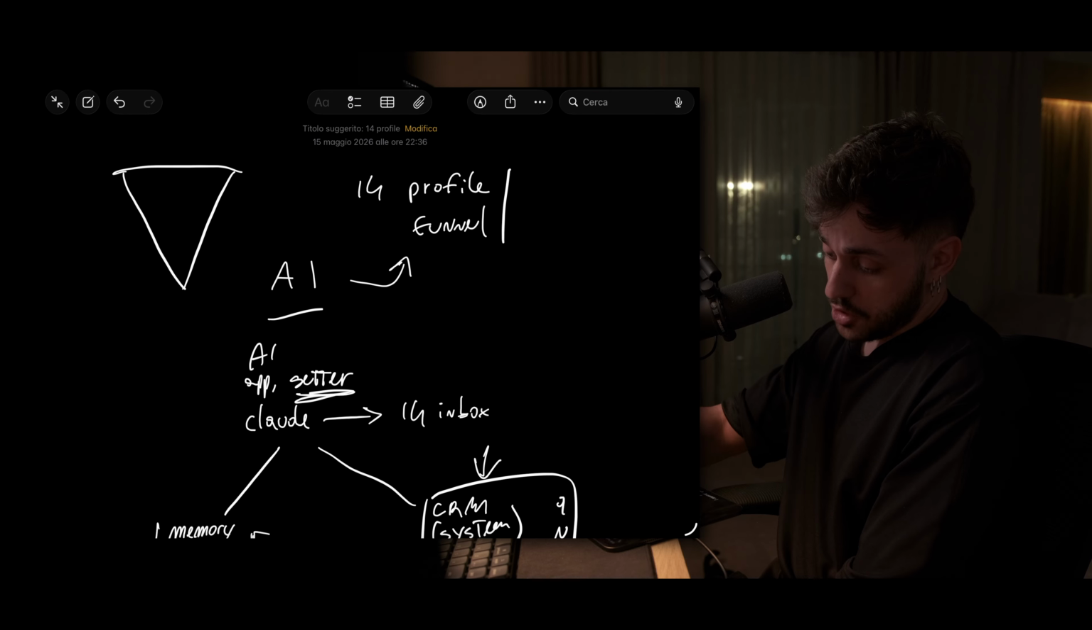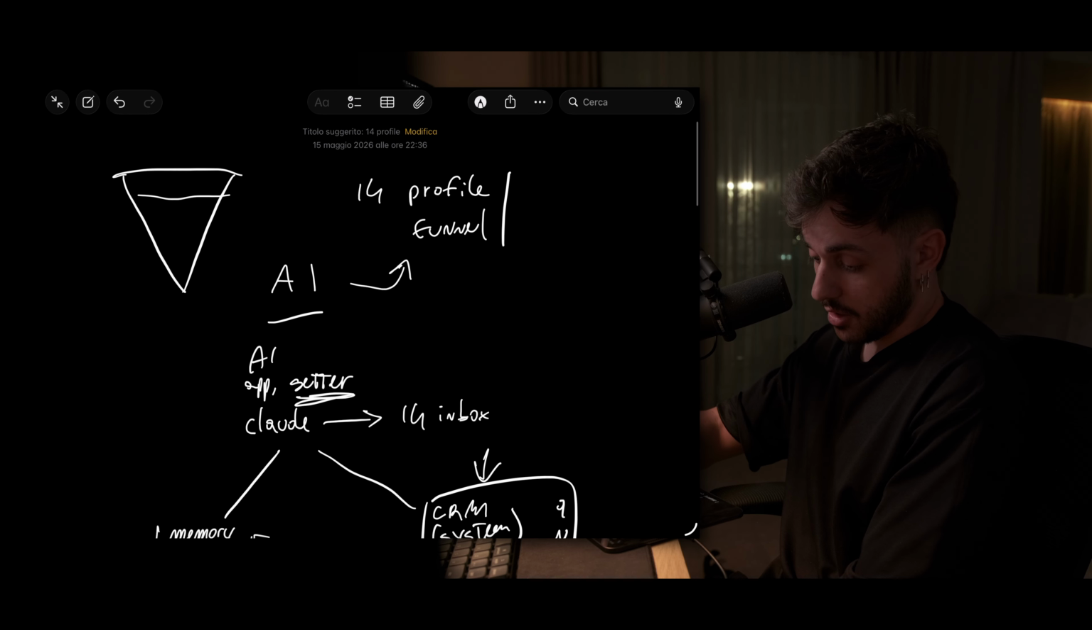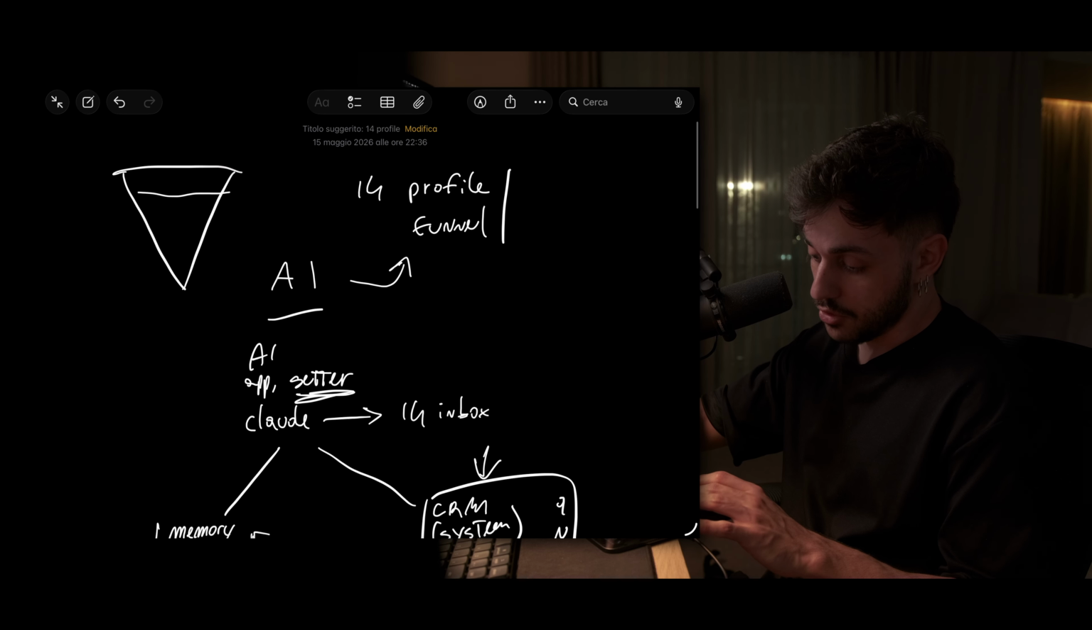Now the rest of the funnel doesn't change, right? In terms of traffic, you'll drive